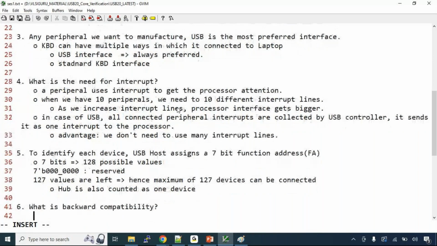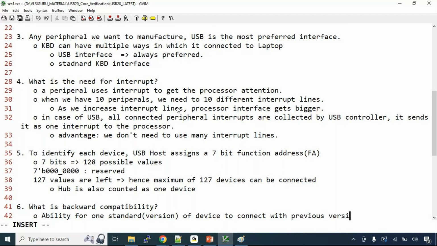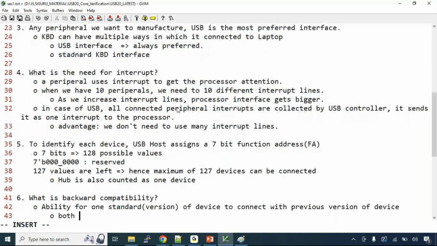Backward compatibility means it supported the old feature, correct? Yeah, the ability of one standard or version of a device to connect with a previous version of the device, both in terms of hardware compatibility